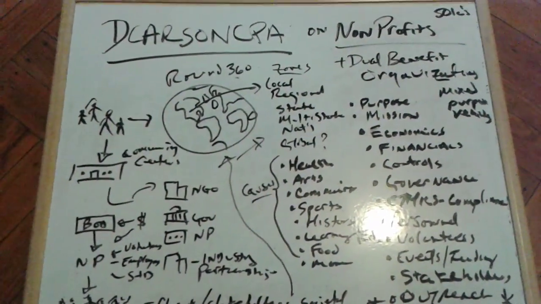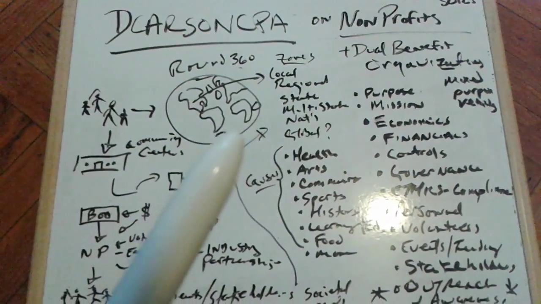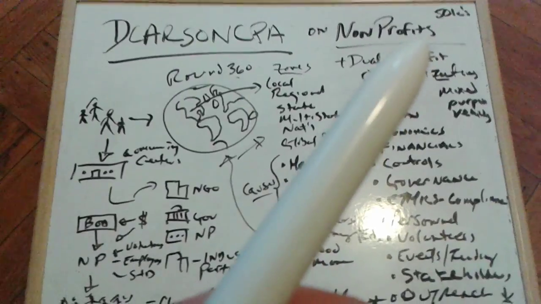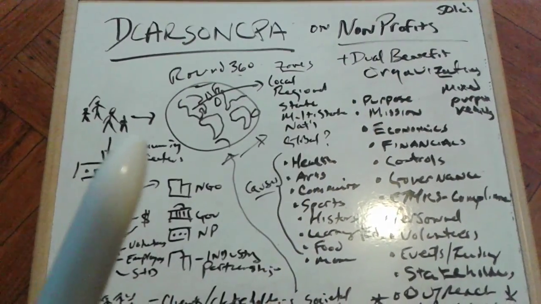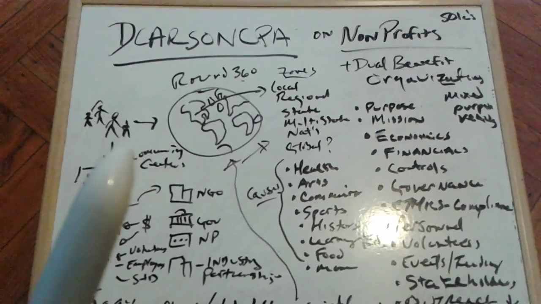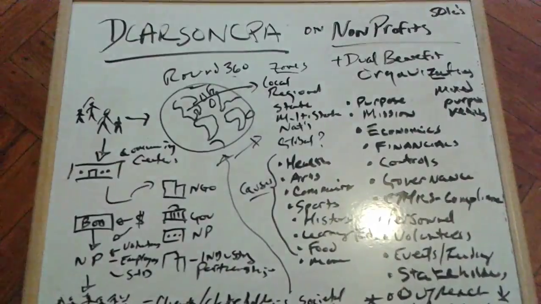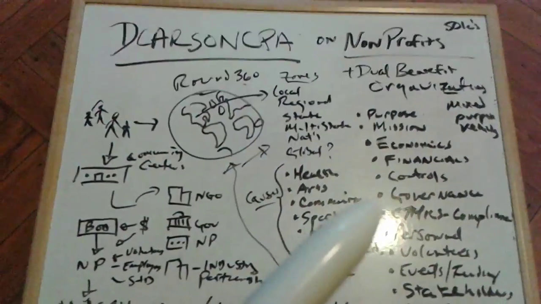So that's kind of a start point, is to put together a document which talks about what you're going to do, how you're going to do it to get appropriate approval from the IRS to be a nonprofit, or otherwise you will not have those tax benefits, and people that make donations will not be able to make tax-deductible donations. So that becomes an important line in the way that our society works with nonprofits.